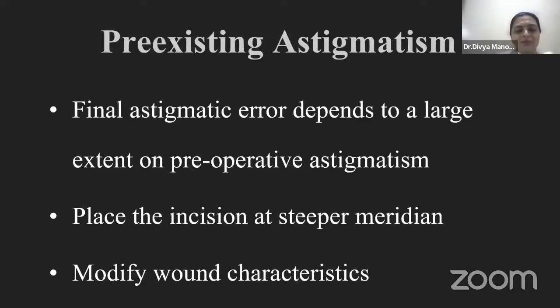For pre-existing astigmatism, it would be wise to place the incision at a steeper meridian, which can be visualized with good keratometry findings. The final astigmatic error largely depends on the preoperative astigmatism, so that should also be considered when placing your incision. And we can also modify the wound to make sure that we have a good